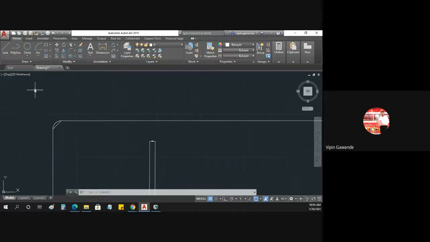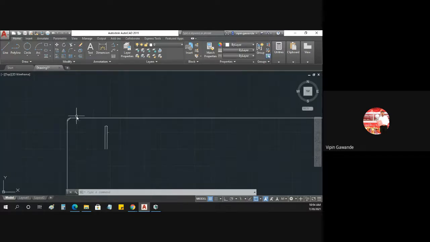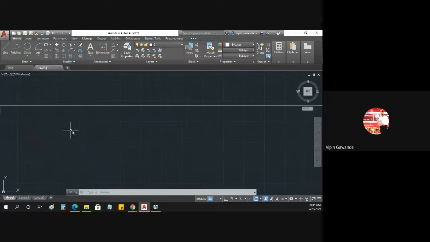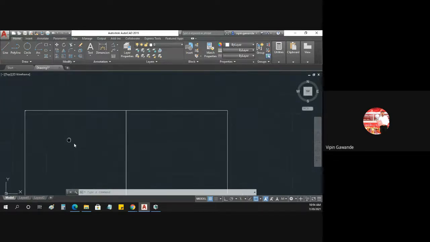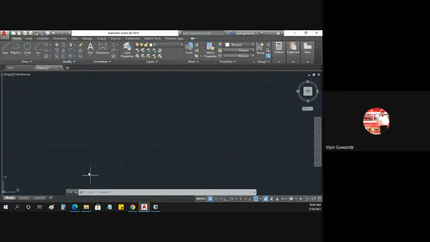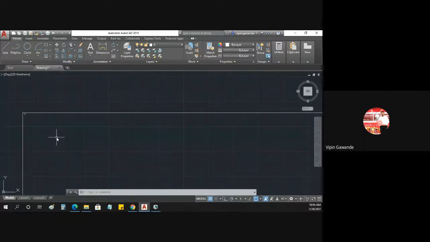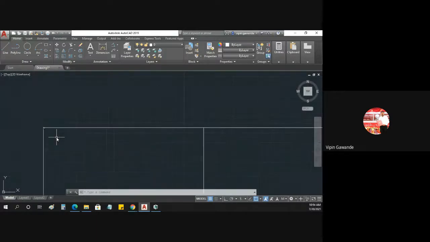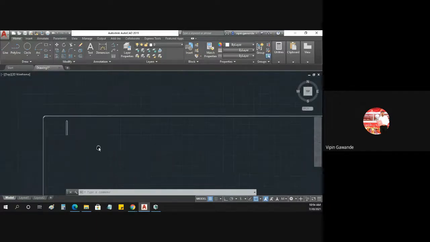I will give you all these details in your notes for the second unit, so don't worry about that. Those who are interested in downloading the software can download it. Others, if you don't want to download, don't go for it. Just watch the YouTube videos on the basic commands of AutoCAD for the second unit. I will also give you the notes for unit number 2.